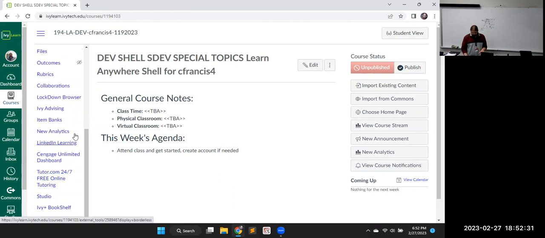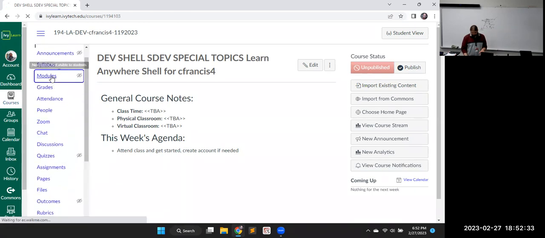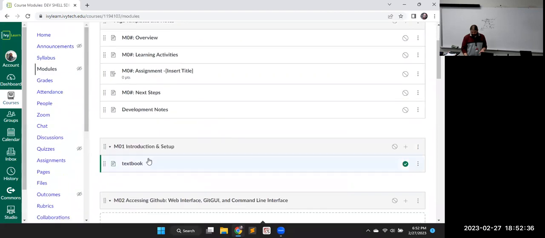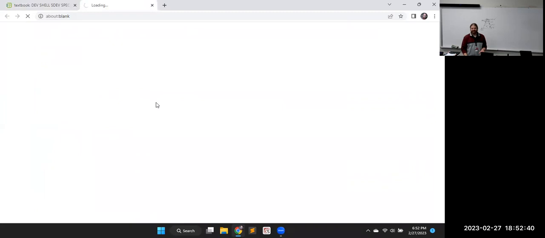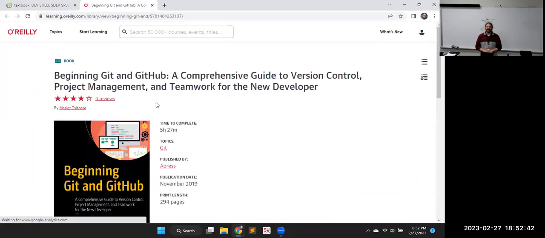I just started putting the course shell together, but I did select a book. That's usually a good first thing. I went with something that's available on the O'Reilly platform. Everybody knows we get free books on O'Reilly.com, right? If you didn't know that, go to O'Reilly.com and make sure you set up your account with your Ivy Tech user, your Ivy Tech email, and you get free access to every book on there. So here's the book,